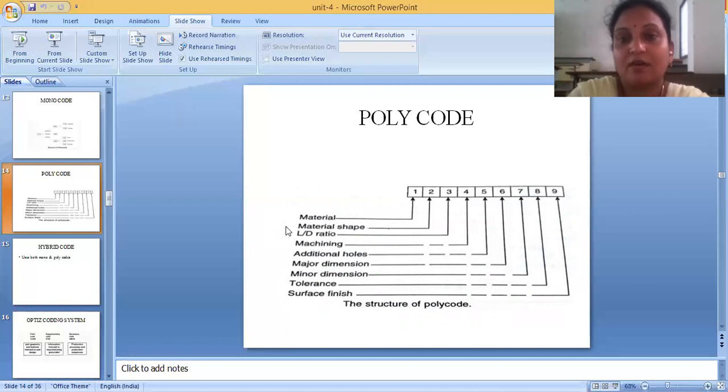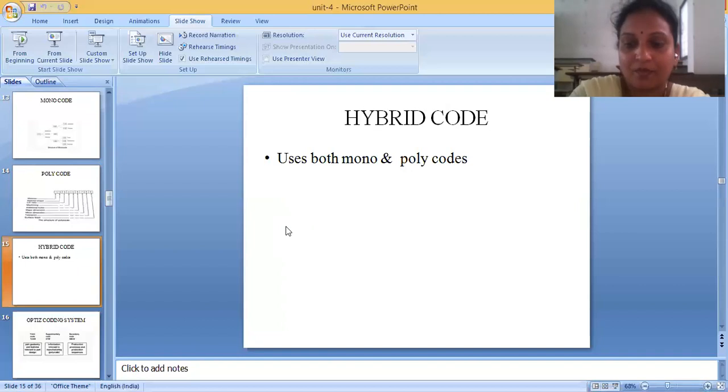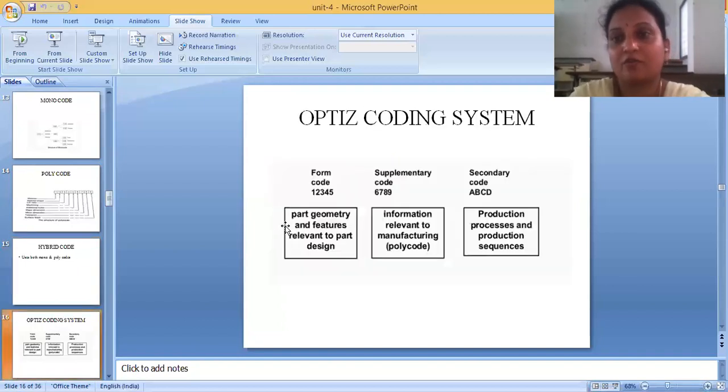Okay. So next one is a hybrid code. In case of hybrid code, we use both monocode and polycode. We combine both, and if we are writing a code like that, then such a code is called a hybrid code. So here is a coding system called the Opitz coding system. In the Opitz coding system, you have digits 0 to 9 and 4 alphabets.